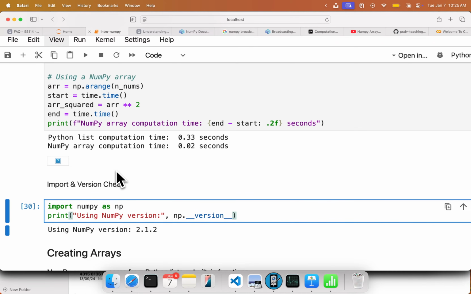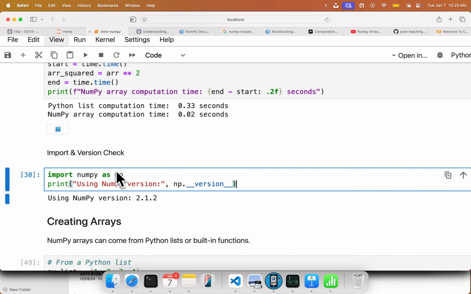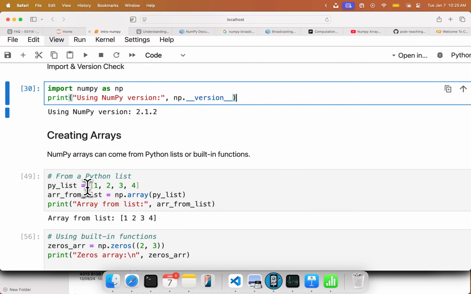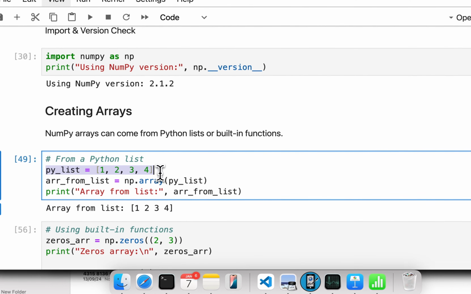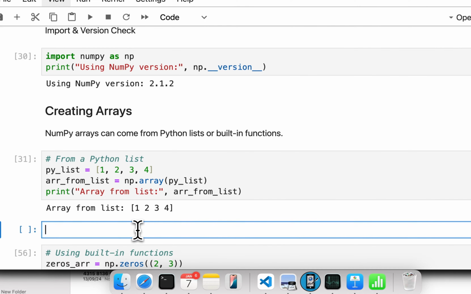Now, we already know how to create lists in pure Python. The creation of lists in NumPy is also fairly easy, but there are different ways in which we can do that. For example, if your Python list was 1, 2, 3, and 4, you can call np.array on the Python list which has been created, and you would get something known as,